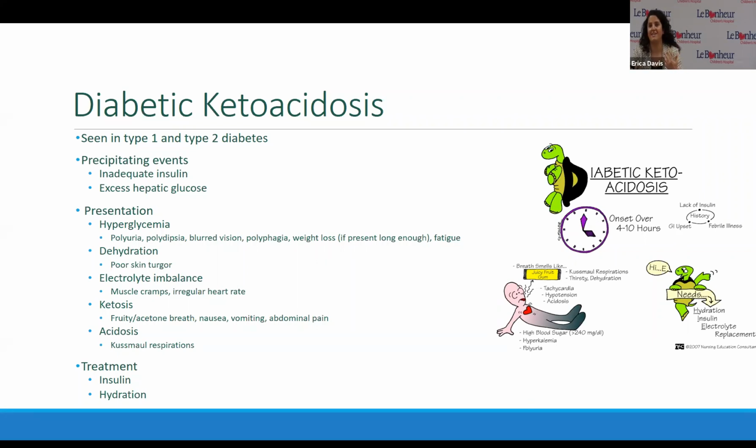So why does inadequate insulin lead to ketone production? I think that's the big thing to think about. With insulin, we talked about how it enables us to use the sugar from our food to have the energy we need to do our daily tasks. If we do not have the right amount of insulin, we don't have that match of sugar to insulin, so the sugar in our bloodstream is going to rise, but we're not using it for energy. Our body does have a backup. It breaks down our fat stores to get the energy that we need.